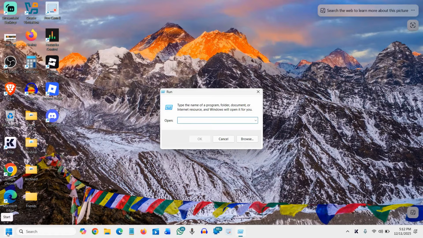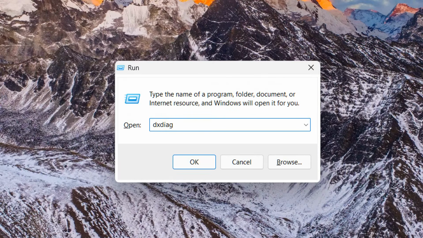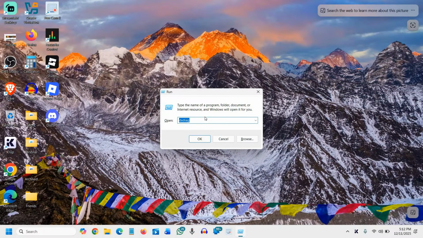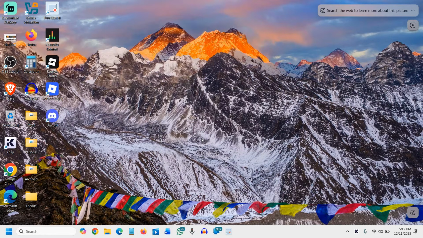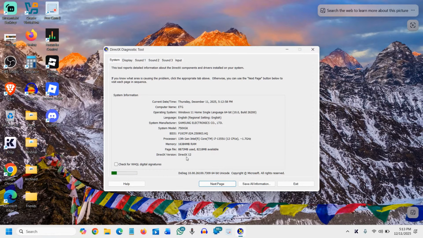So just right click on the start icon, go to run and type DXDIAG. If it's DirectX 11, we can download and install, but we will firstly check. So I have clicked on that, and here we go. We can see the DirectX 12 version, and by any chance if you have DirectX 11, then I would recommend